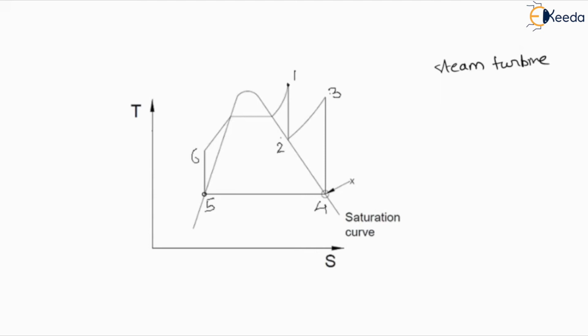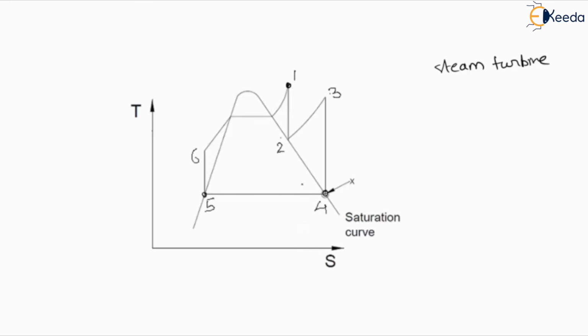Initially, what was the entry? Initially, the entry point was 3, but here our entry point to the pump is 5 and the entry point to the condenser is 4. All other points are changed. The entry point to the turbine is point 1, which is in the superheated condition. So here our boiler work is also increased to increase the temperature of the steam, and condenser work has also increased.